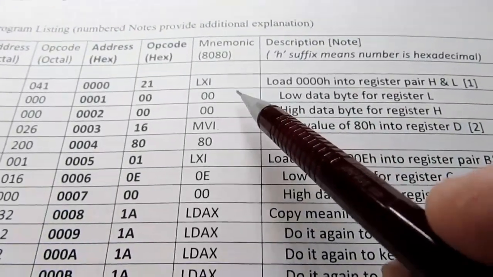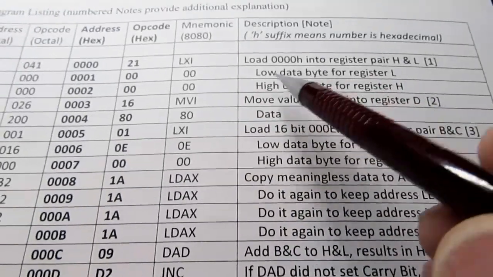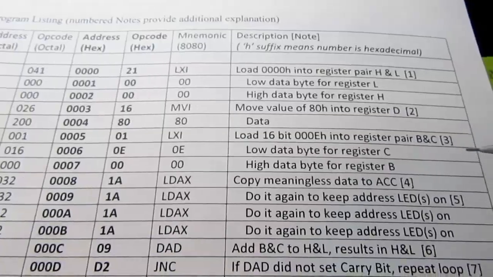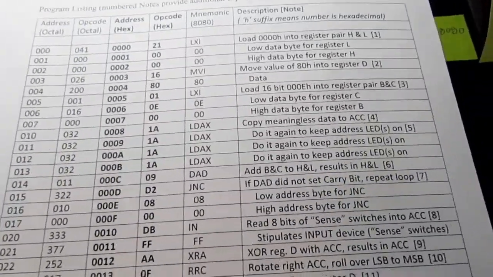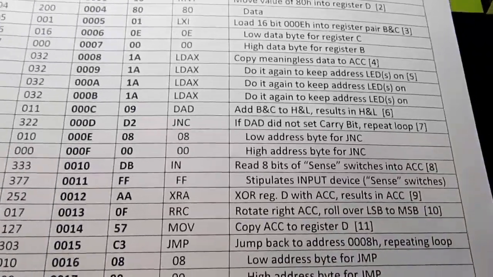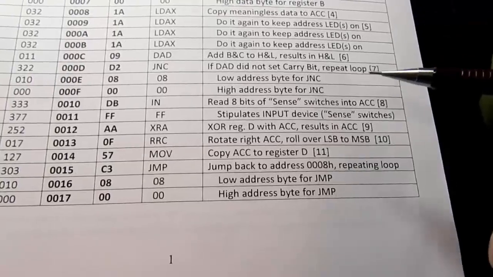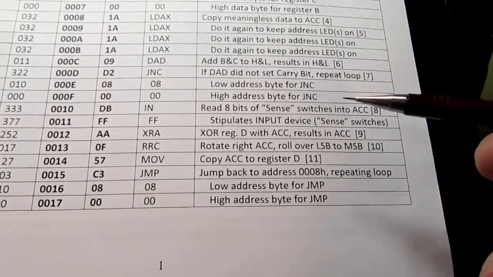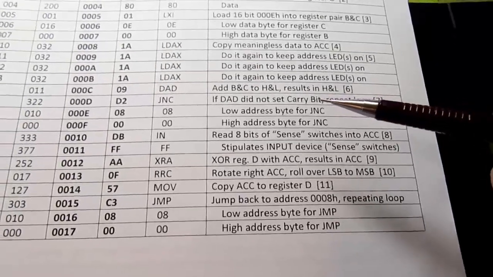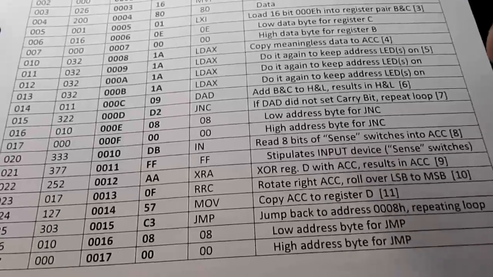And you don't actually have to start out with 0, 0 here, preloading H and L. You could start with some other value. It'll work out the same way. The user won't know the difference. Now, something I wanted to mention earlier, there is nothing in here that resets the H and L registers. It overflows, but it doesn't get reset back to 0, which is what you think you might want to do. But Dean McDaniel, the guy who wrote the Kill the Bit program, realized that